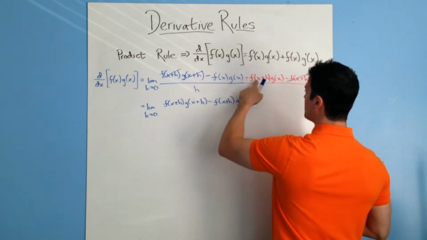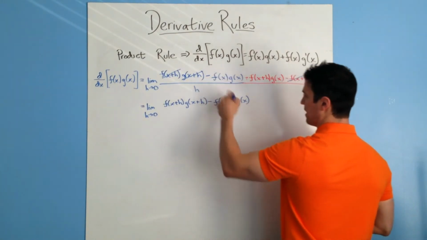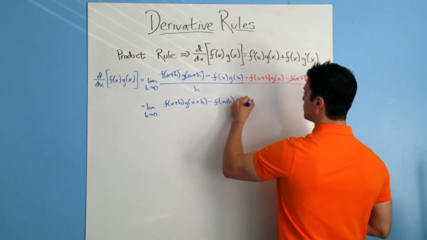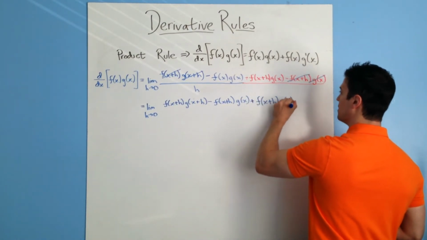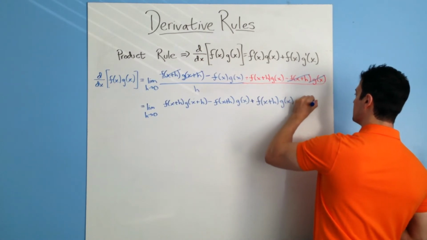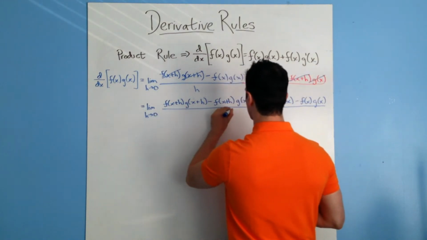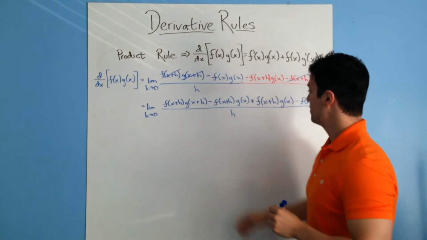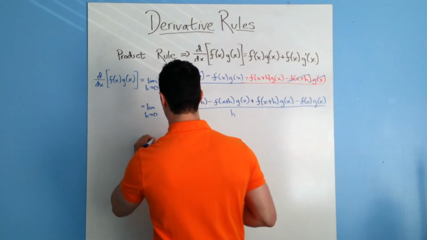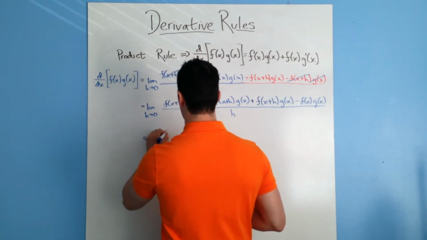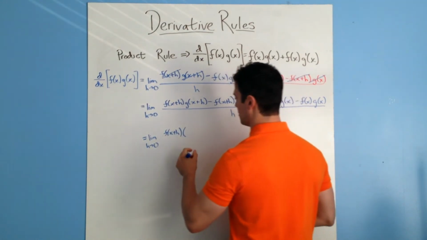Next, I'm going to combine this f of x plus h times g of x with this minus f of x g of x. So I'm going to do plus f of x plus h g of x minus f of x g of x. Now this is all going to be over h. Okay, I'm going to factor out this f of x plus h here. Simplify it a little bit more. So you will have f of x plus h times